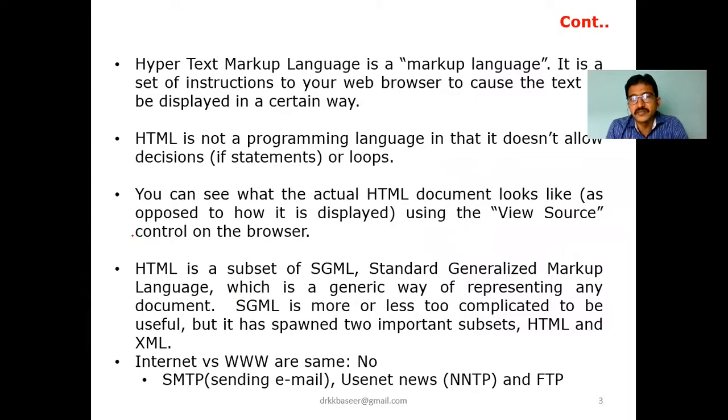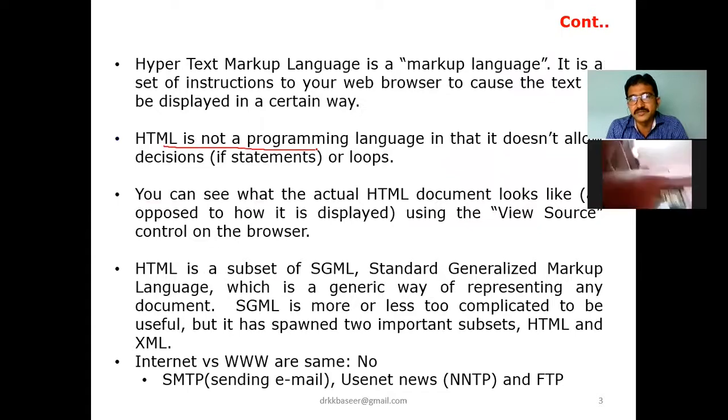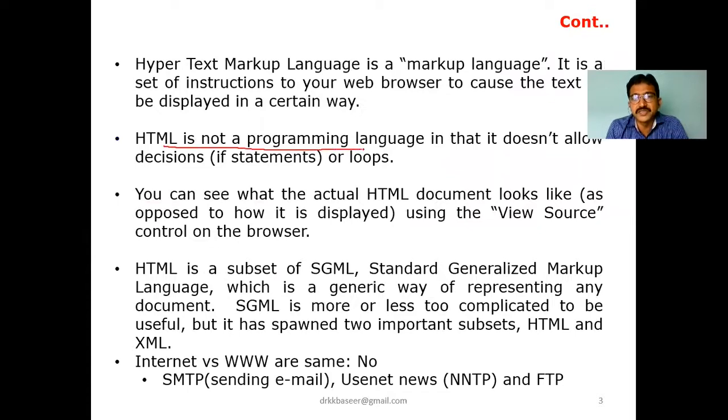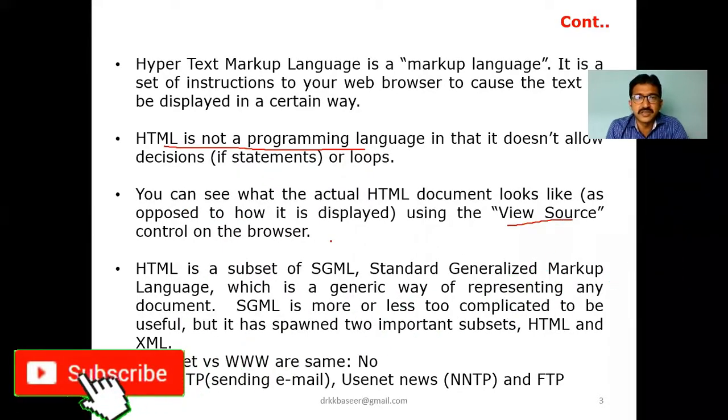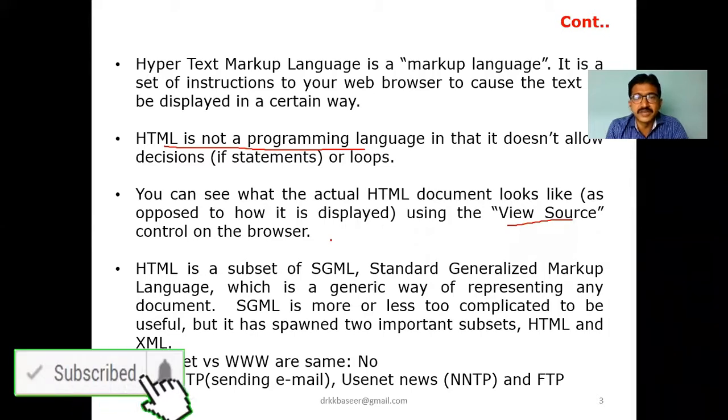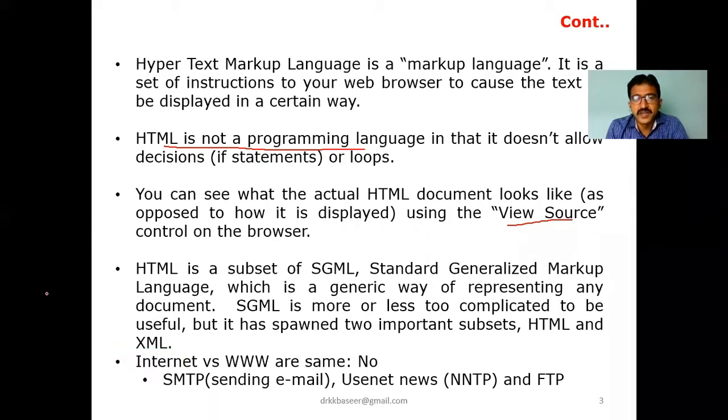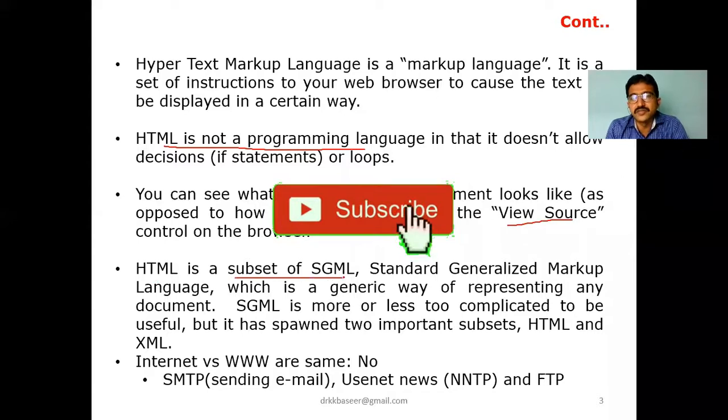Now, as I already told you, HTML is a markup language, a text formatting language, but not a programming language. It's not a programming language, it's a text formatting language. So for the actual documents in the browser, if you want to see the HTML view, if you open any browser, we have the menu bars, right? Like File, Edit, View. If you choose view source code, it shows the source code of that particular HTML page, right?